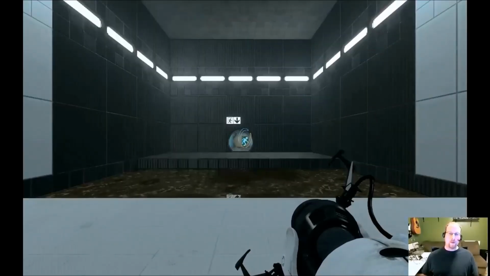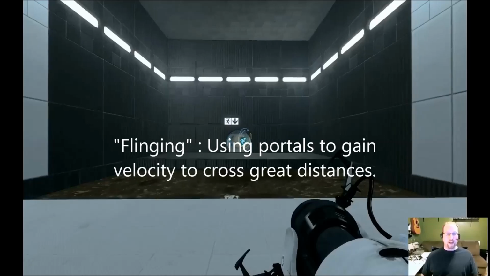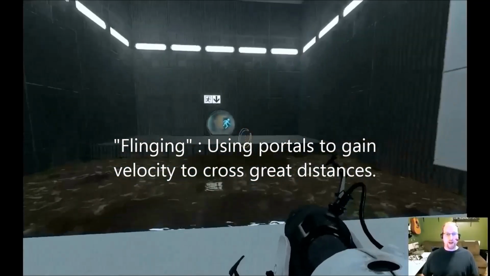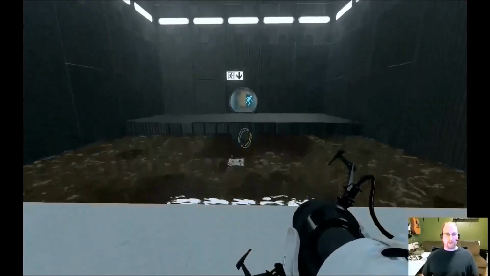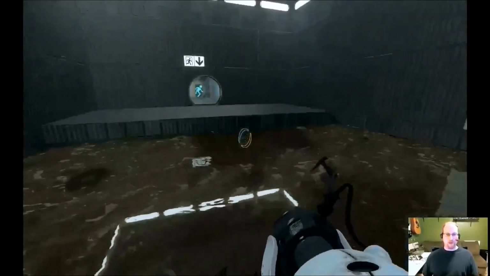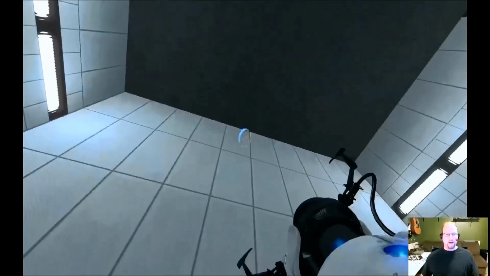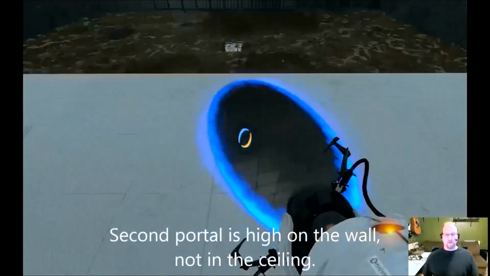Instead, I have to use a method we call flinging to use portals to gain velocity to fly over to the other side of the room. As you can see, my jumping capabilities inside the game are not sufficient to cross this pit of deadly water. But by placing a portal in the floor and another portal in the ceiling, I can jump from one portal